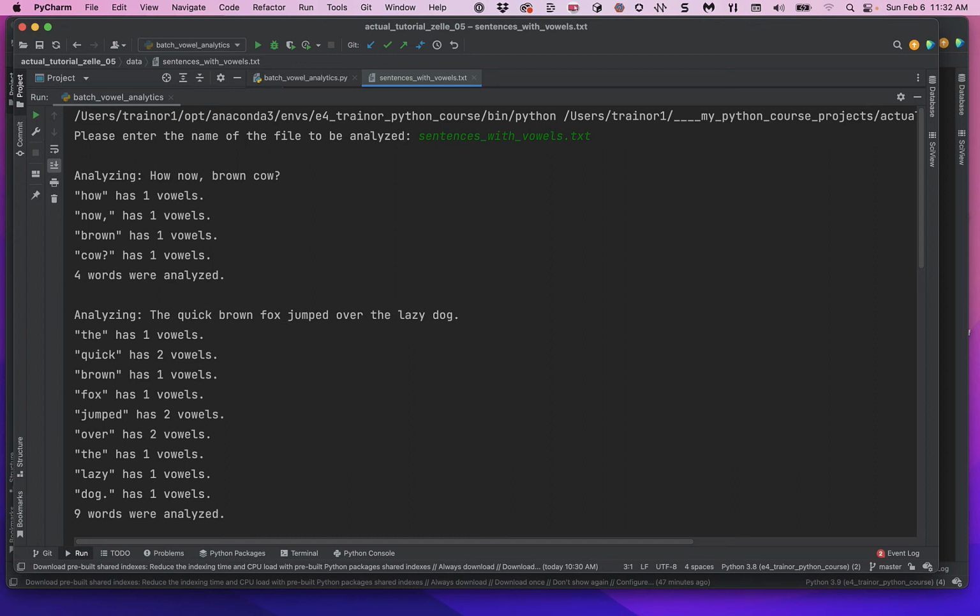Welcome to the tutorial for exercise 2 of the coding assignment for chapter 5 of the Zelle 3E Python book. And here's what we're doing: an enhancement of the code that we did in the tutorial for exercise 1. In exercise 1, we created a program called Val Analytics, and this one is going to be called